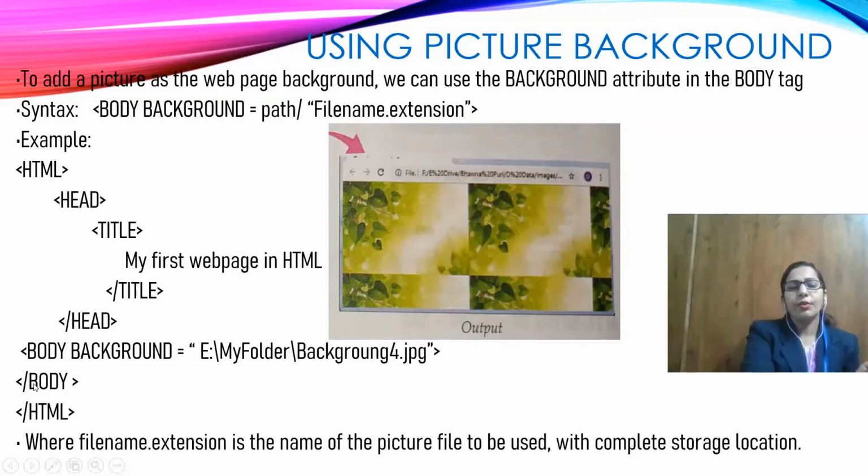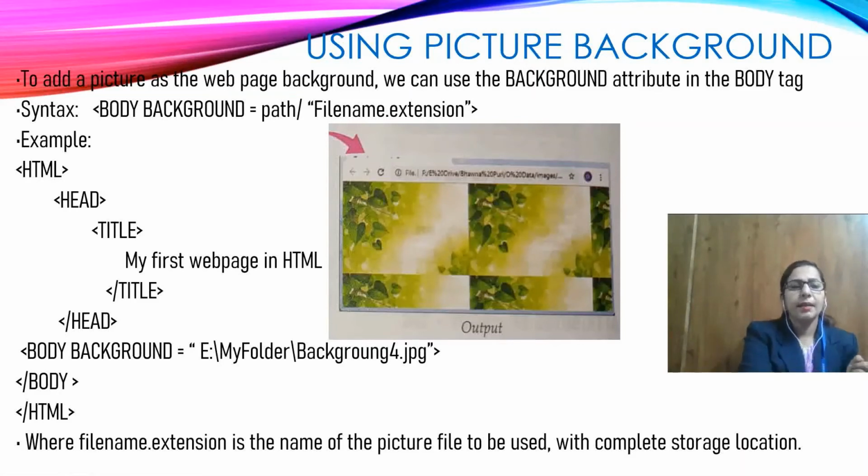Now what we want to do is write the heading of the title, on the title bar, the same thing, that this is my first web page in HTML. So just write it down in the title. This is now the body. In the body tag we have to add an attribute, that is background, equal to sign. I want to pick a picture which is in the E drive, so you have to write the drive name over here, then give the proper path of that file.